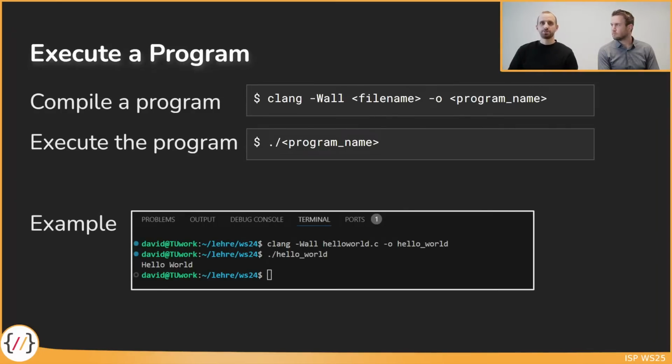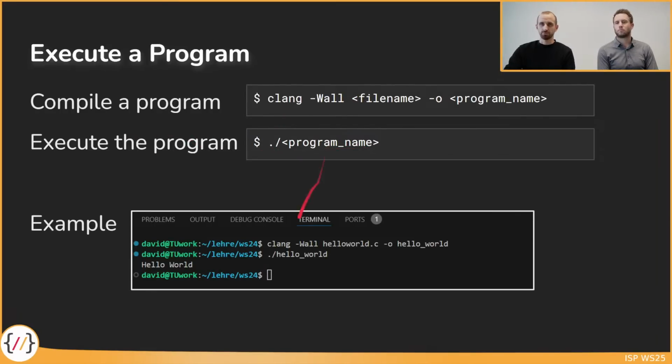How can we execute such a program? We need 2 steps, basically. The first one is we need a so-called compiler. We will discuss that maybe next week or in 2 weeks, but for now on, let's just pretend we need this command here. So we need this clang -v all, then the file name we are executing, and we are compiling to a program, yeah, and then we can execute the program by using this / and